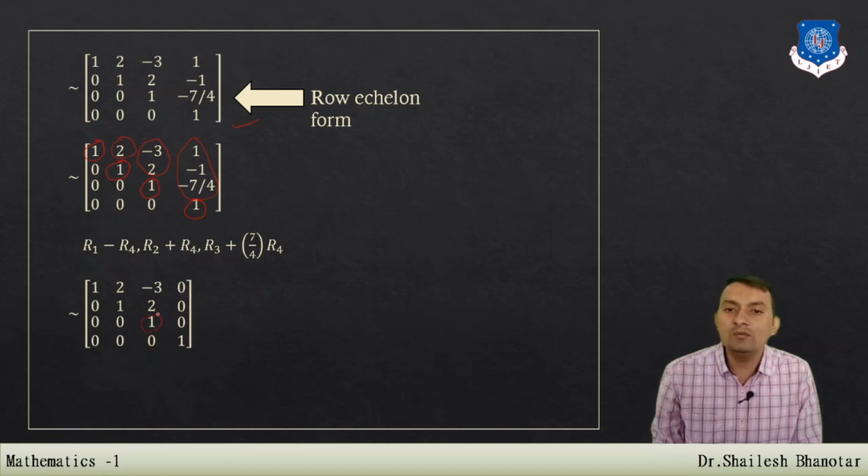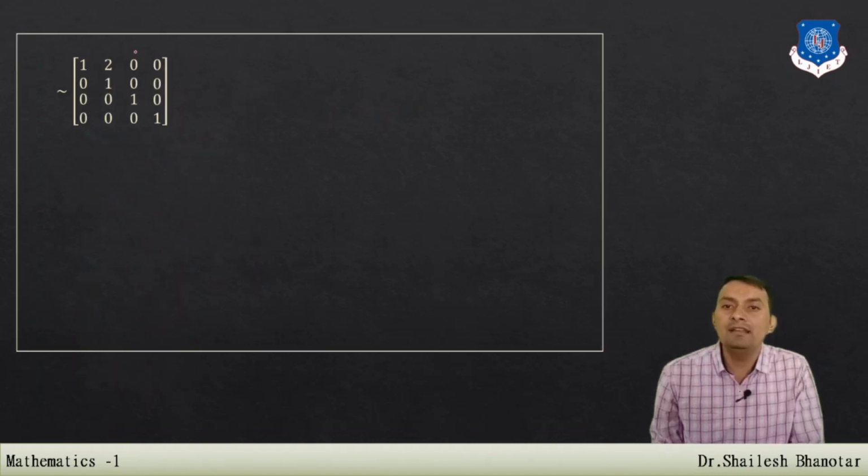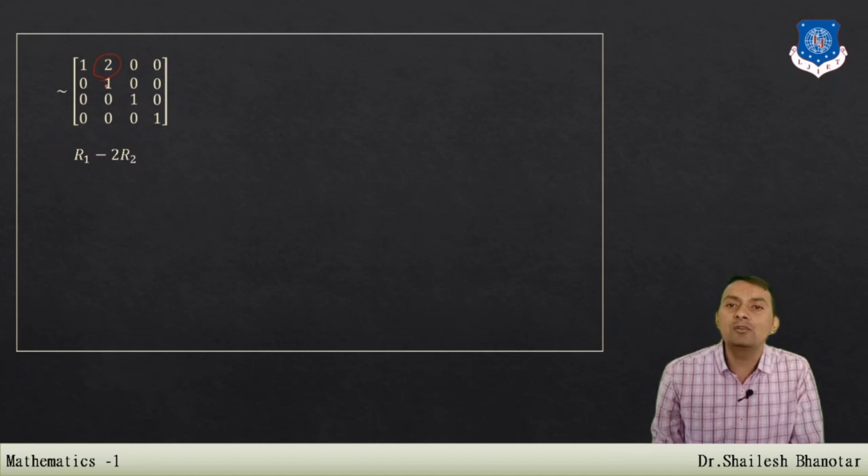Now this is the leading one entry and I also want to make that 0, and for that, multiply the 3rd row by what? Exactly -2 and add to the 2nd row, as well as multiply the 3rd row by 3 and add to the 1st row, and you will get 0. So whenever we apply this operation we will get 0. And I also want to make 0 here, that means I have to multiply the 2nd row by -2 and add to the 1st row, and that can be written like that.